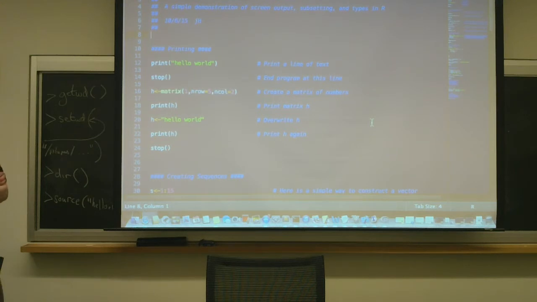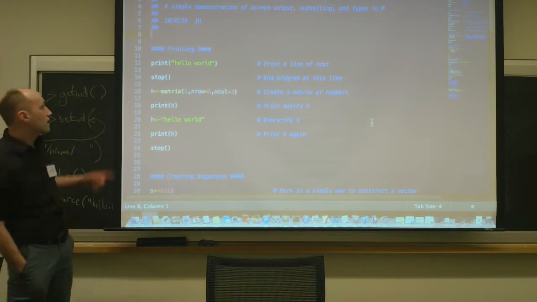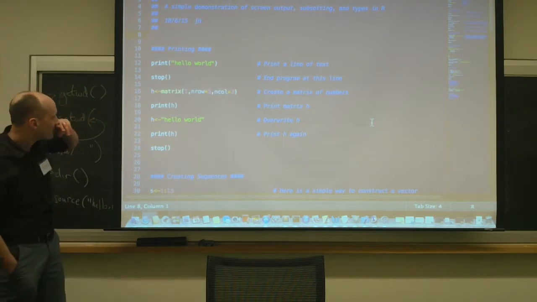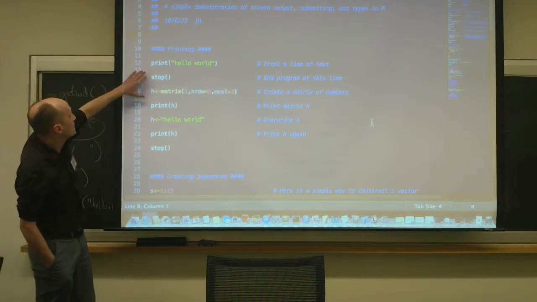It is just an ASCII file, and the .r is reminding us that it's an R file. R itself doesn't care. If the extension was .nonsense and you said source something .nonsense, it would go find that file and treat it as if it was R. Okay. So it's just a convention that we name these things .r so we can find them, and it's not a convention as to whether that R is upper or lowercase. But hey, R is a little bit of anarchy.